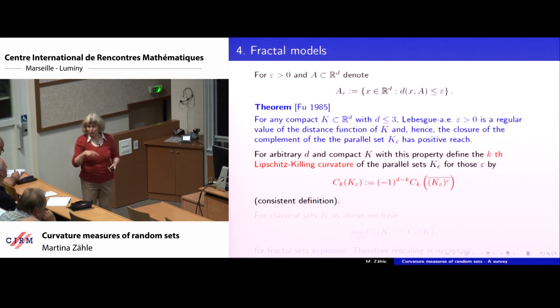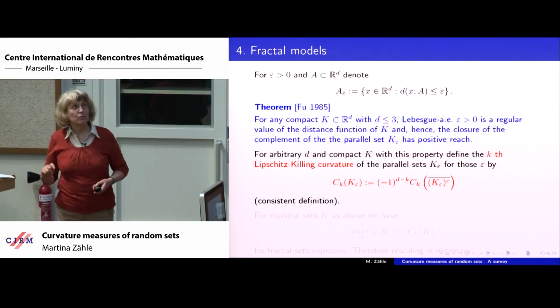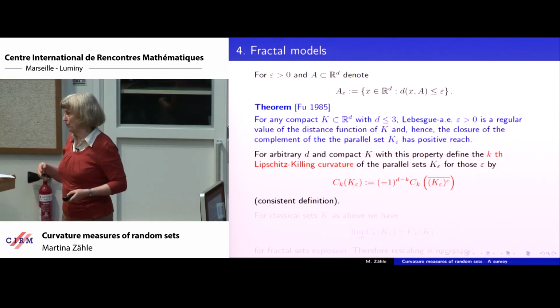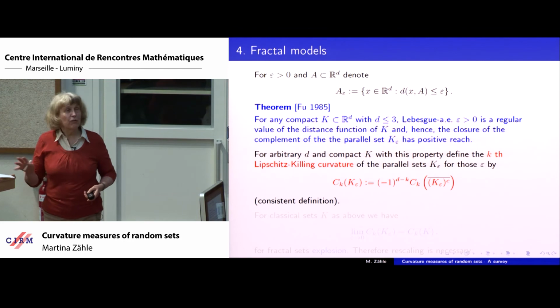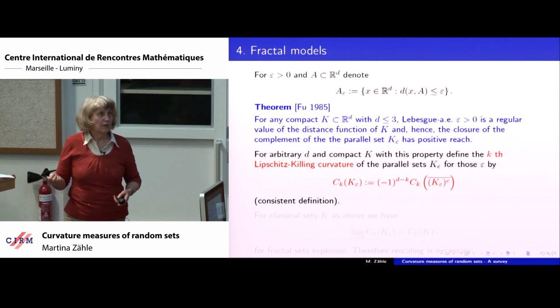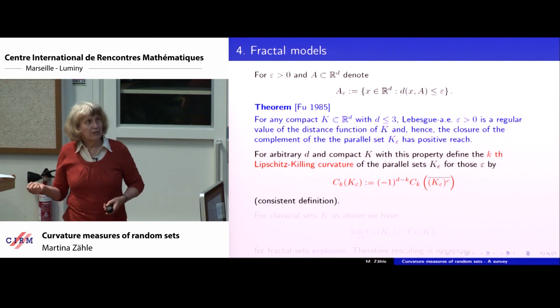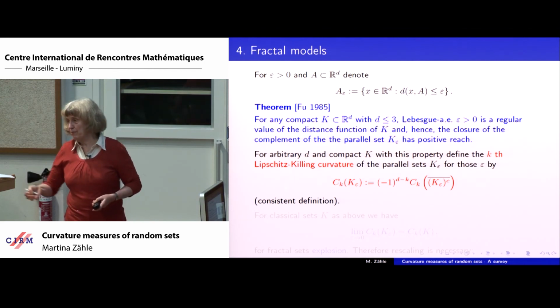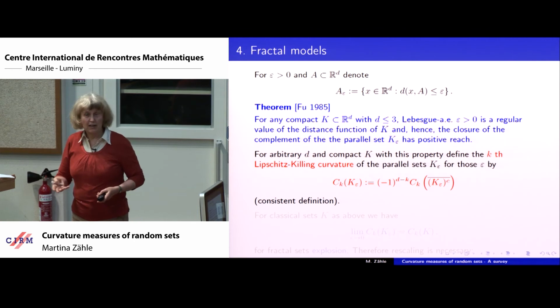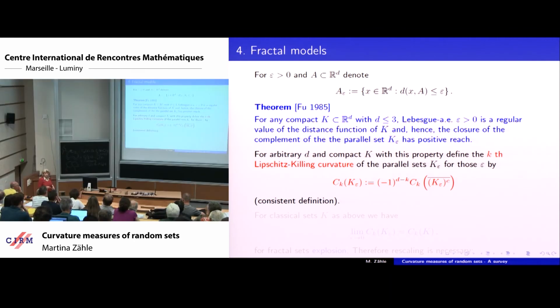You would like the primary parallel set, K_epsilon, and then there is a reflection principle, which is known from the smooth theory. From convex geometry, the reflection principle cannot be applied, but in the smooth case, you take simply this of the complement set, and you should add a sign factor minus one to the d minus k, and then you arrive at the right notion for the curvature of the parallel set.